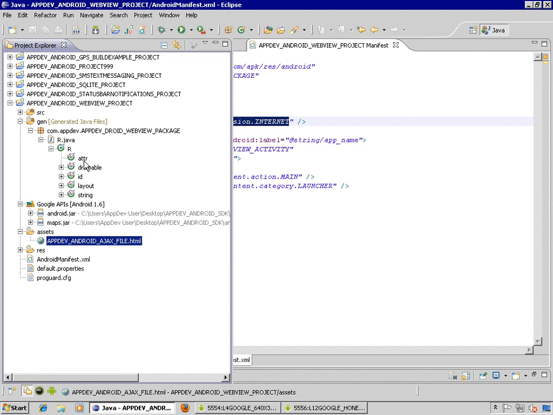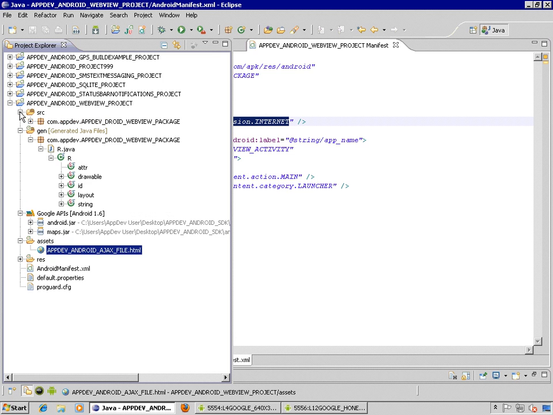And that's true because we don't reference the content under assets the way we do under resources. We actually have to reference them through the file protocol. So how does that work? If we open up the source file,